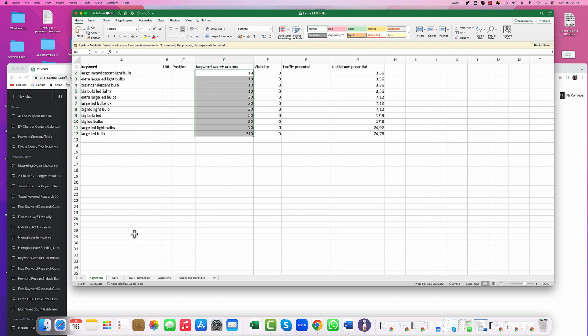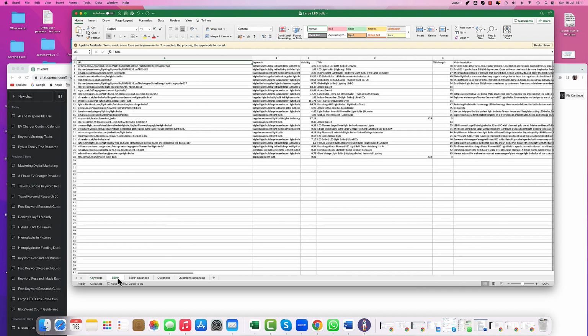Now, down the bottom you see there are 5 tabs on here. The second tab is where, by putting large LED bulb into Google, we've analysed the top 10, generally speaking, in this case 28, that are using the right keywords, and that's why this number quite often changes. A lot of people might only do the first couple, but the theory is that